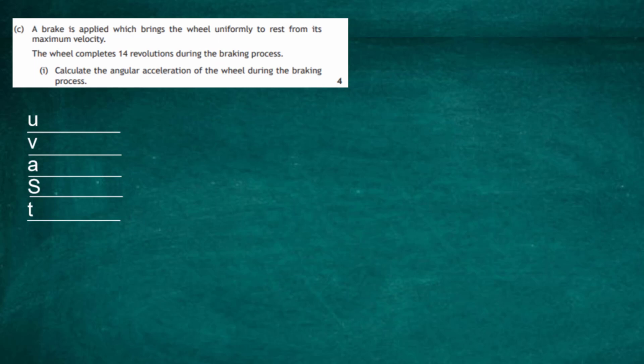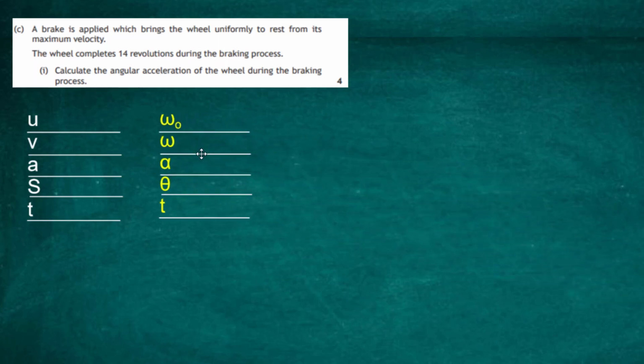U being the initial velocity, V being the final velocity, A being the uniform acceleration, not changing, constant. S, capital S, would be the displacement, and T would be the time taken. So we can mirror those values into our rotational kinematics by replacing the U, V, A, S and T by